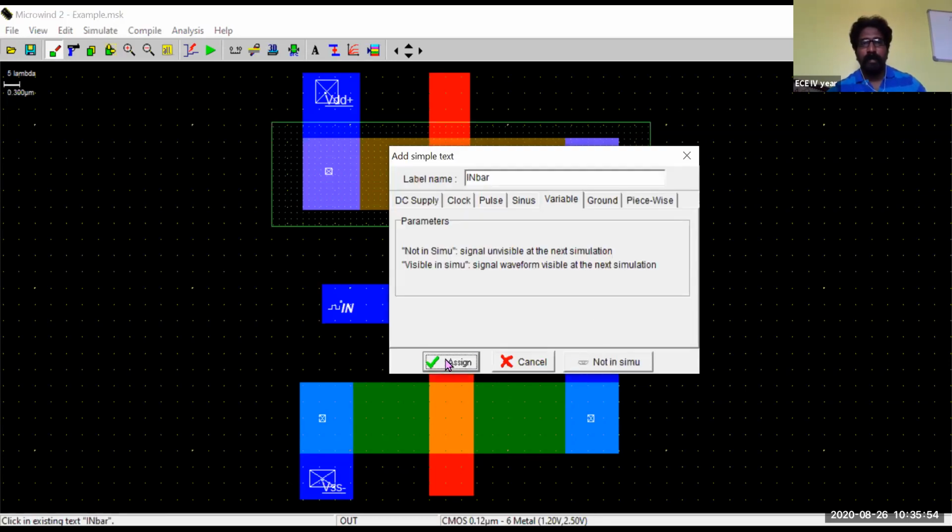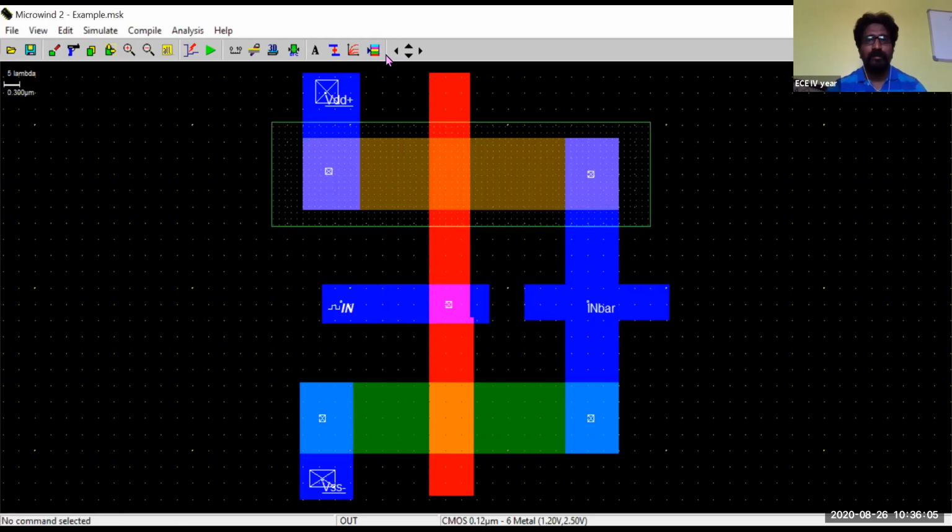Why? Because my main aim is to get the output of a buffer, a CMOS buffer. Later, we'll try to see the simulation of this one also. Okay, assign. And put the contacts. Here also a contact.